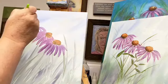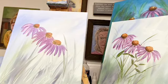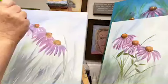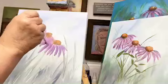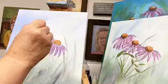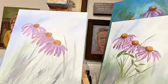Then I'm going to add a little bit of white just to opaque it a little bit to that dirty brush. I'm just going into some white with that red and purple color that I had. And I added a little bit of white just to opaque that color just a little bit. I'm trying to keep out of your way so you guys can see. I think if I move that little...